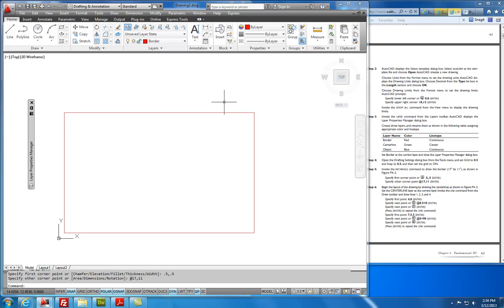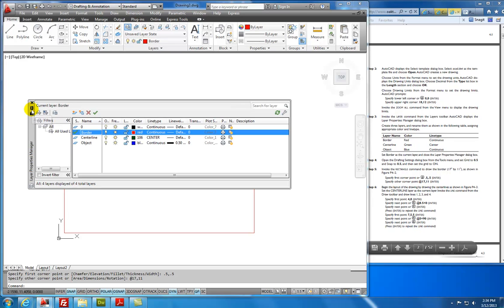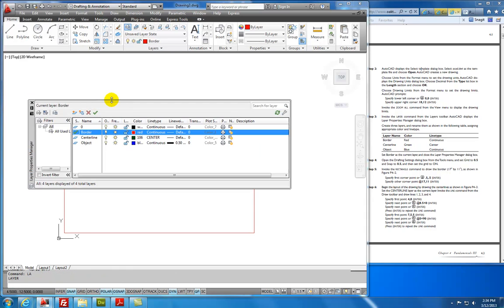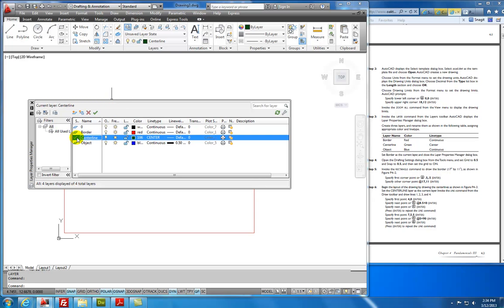Next thing we're going to do is step number 6. We're going to use this centerline layer, and we're going to use this coordinate input method. And so we'll go over here to our layer. If you don't have your layer, let's say you accidentally got rid of it, you can type LA for layer, and you'll bring that back. We'll click on centerline. If I double click it, I get the green check mark,